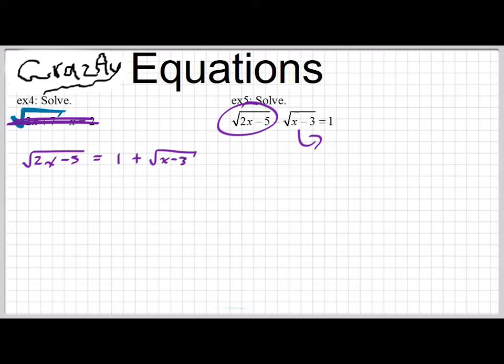Look at this craziness. I'm going to square this side, which means I have to square this side. Now, when you square a side, you have to square the whole thing. You can't just select one thing on that side to square. So we have my whole left side being squared, my whole right side being squared. The left side's beautiful. It just gets rid of this square root. So we have 2x minus 5 equals, and on this side,